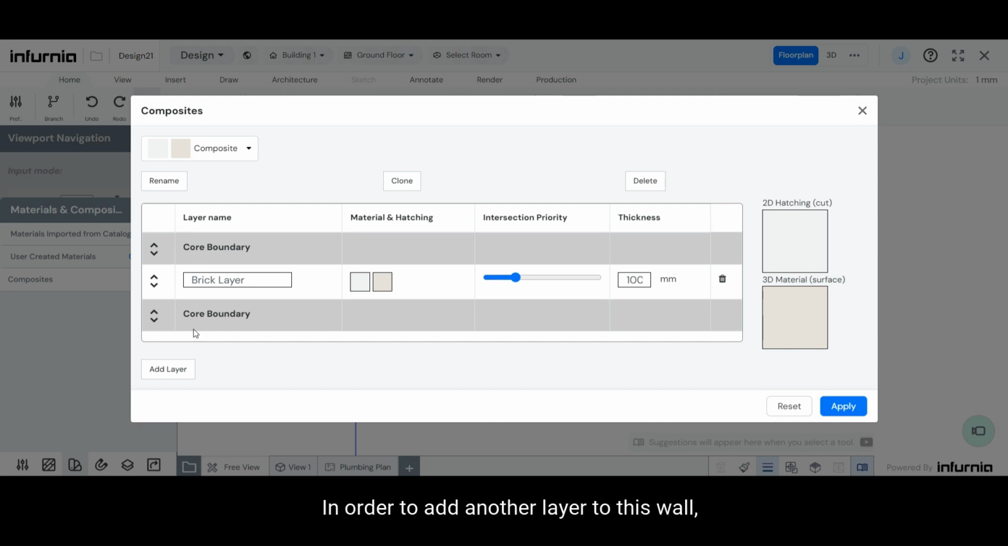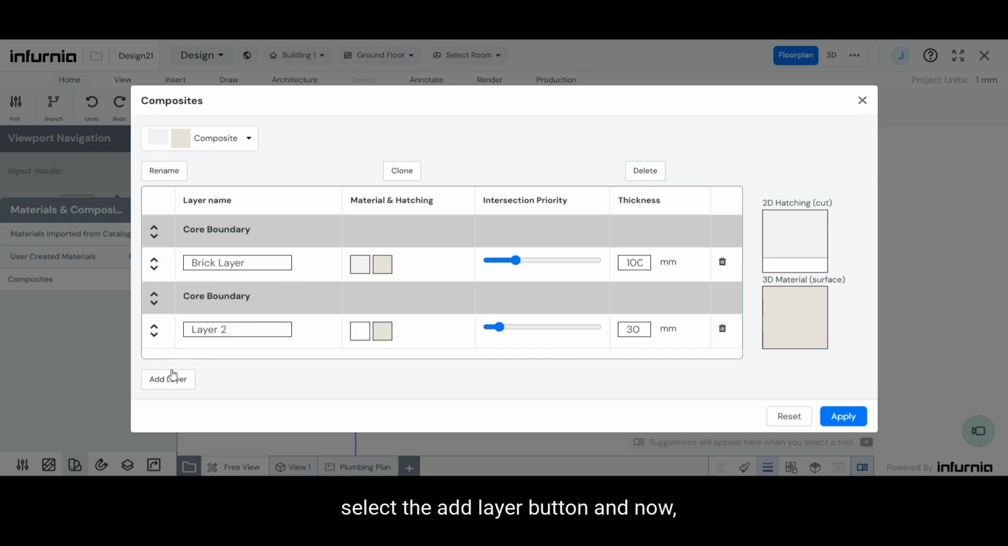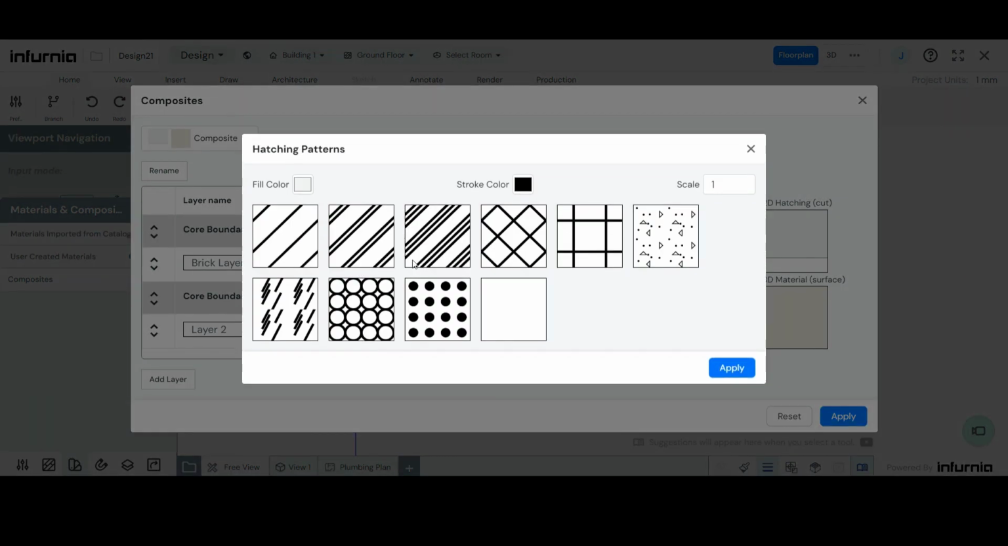In order to add another layer to this wall, select the Add Layer button, and now by default, a layer of 30 has been created. For both the brick layer and the new layer you have created, you can change the material or the hatching by selecting on the 2D material hatching icon under the material and hatching column,